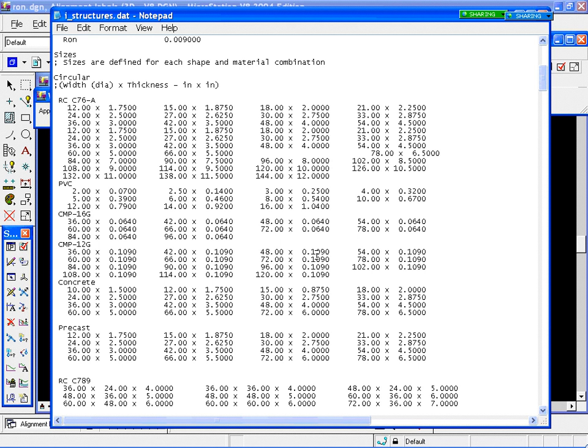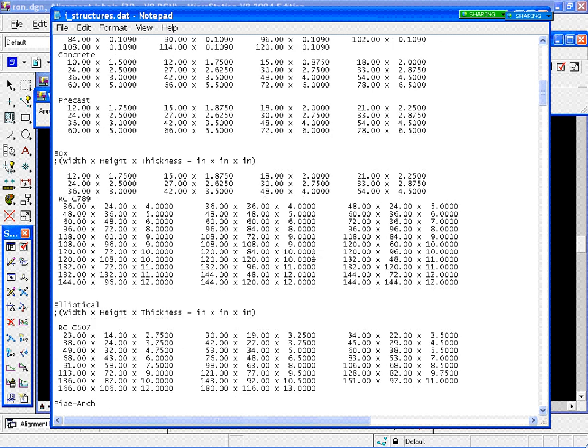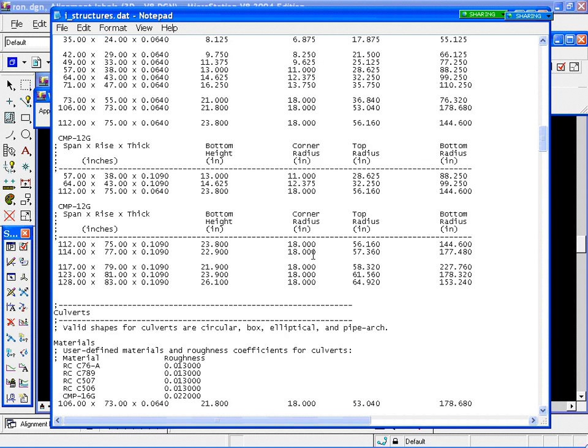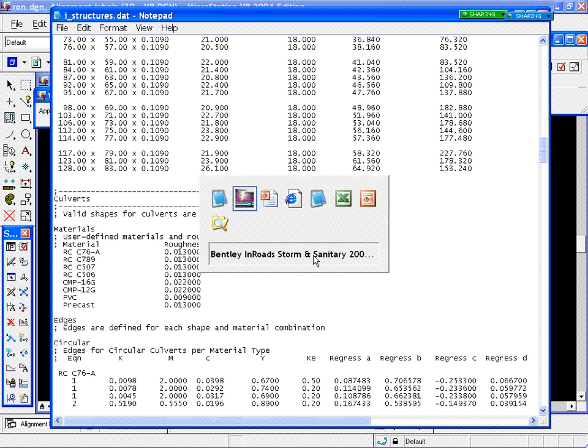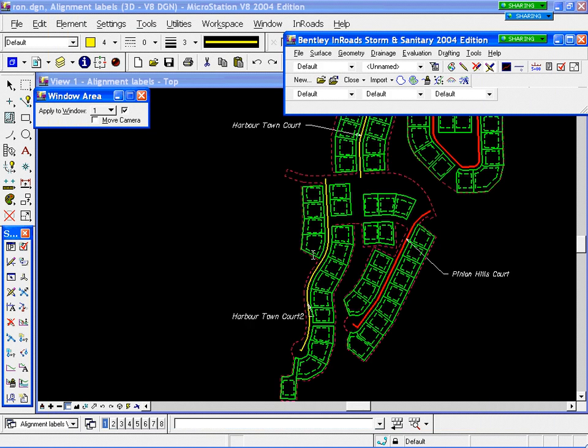Same thing for your culverts, as well as your manholes and material. All that information is driven from this ASCII file. So you spend a little time setting this up, and then you're ready to rock and roll. But again, if you edit it while you're in the product, it is not a dynamic link. So you have to exit out of the product, re-enter the product, and it resynchronizes with the